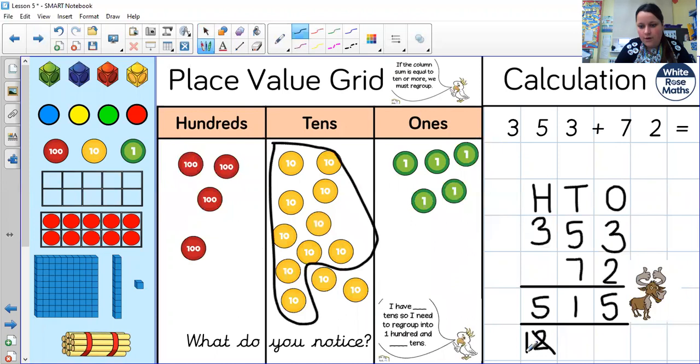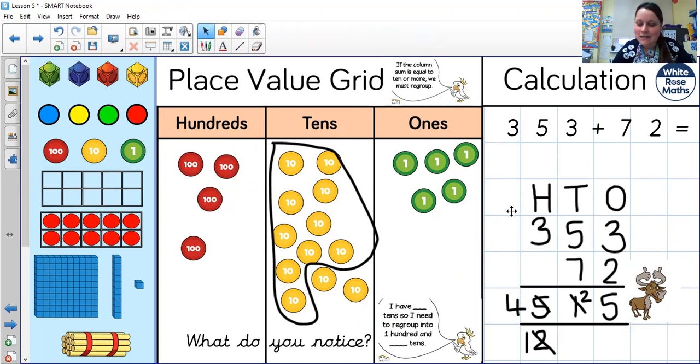We've regrouped it into 100, and we haven't got one 10, we've got two 10s. So that should be a 2. And let's just check our hundreds. So we've got 300, we're adding 100, so that should be 400. So hopefully you came up with the same correct answer of